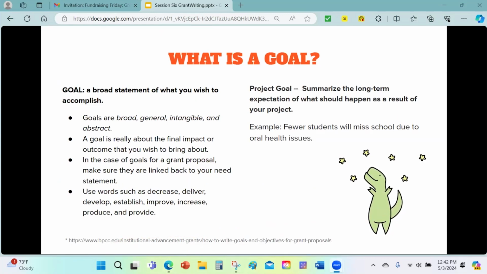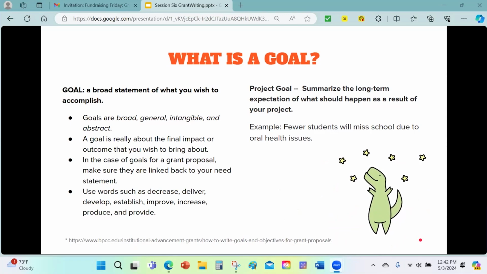So what is a goal? A goal is a broad statement of what we wish to accomplish. Remember, goals are broad, general, intangible, and abstract. Look here, this is Loaf and Timmy. Timmy is looking up at the stars. It's intangible. It's abstract, right? A goal is really about the final impact,